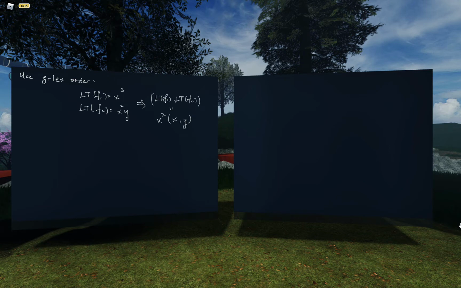You can factorize the x squared out of everything in this ideal, so we just stick that at the front. So the ideal generated by these two elements is the same as the ideal generated by x and y, and you just multiply everything in sight by x squared. Okay, so that's the ideal generated by these two elements, but